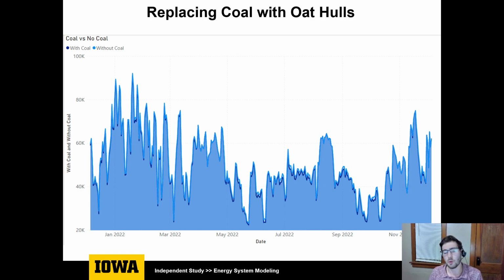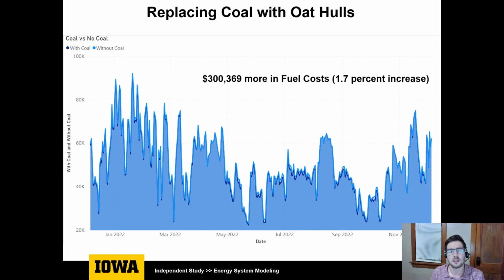And we want to know how much it is going to cost to do this. It'll actually cost less to do this than it will energy pellets. So $300,000 more in fuel costs because this fuel is so much cheaper than coal. Now, the numbers play out for these fuels, I think. I mean, oat hulls, for example, 57,000 metric tons of CO2 saved for only $300,000 more in fuel. So that plays out numerically, but I should say that